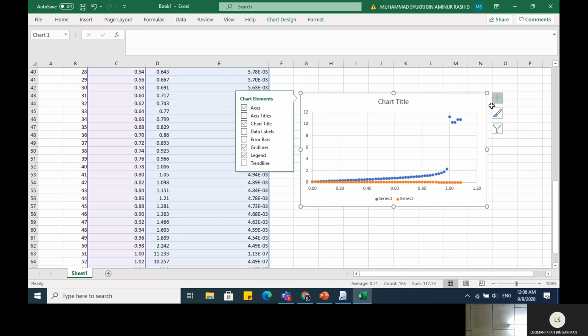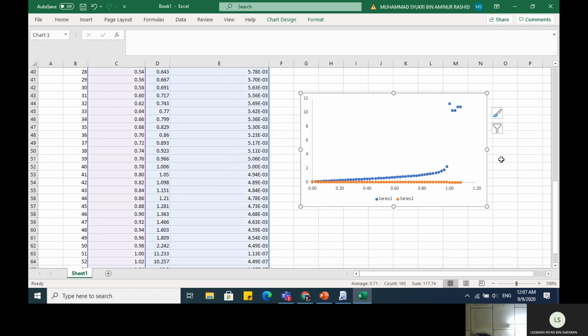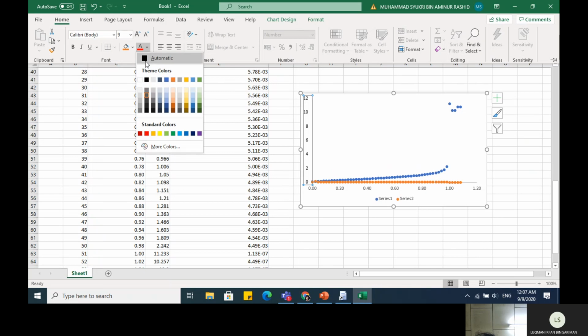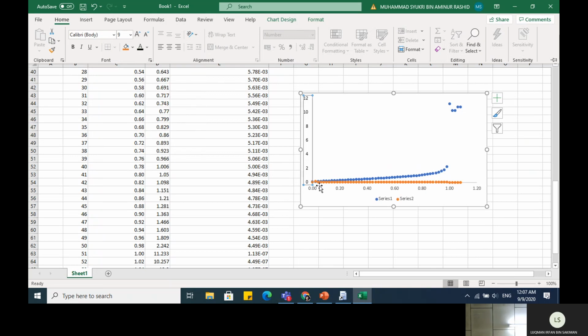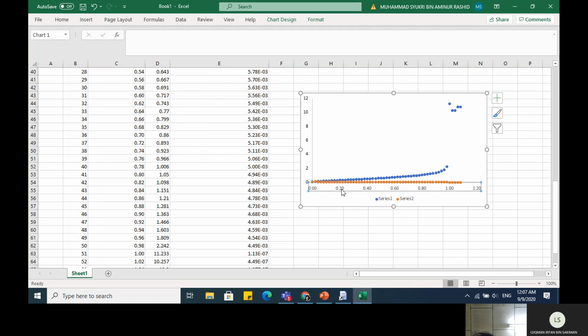We need to remove the guideline, grid line, chart title, and then we change the color of the font. Okay, so after that